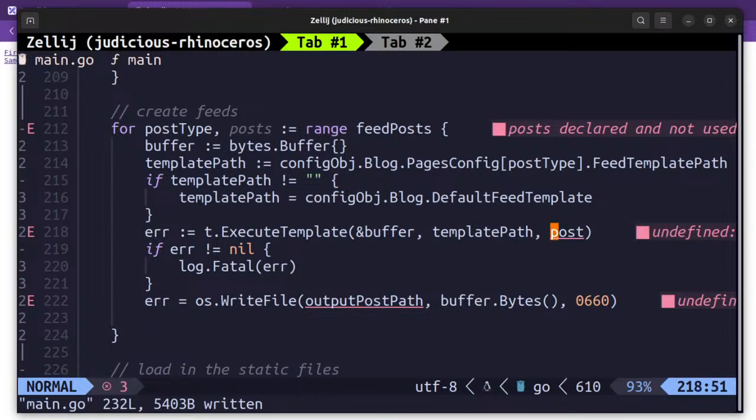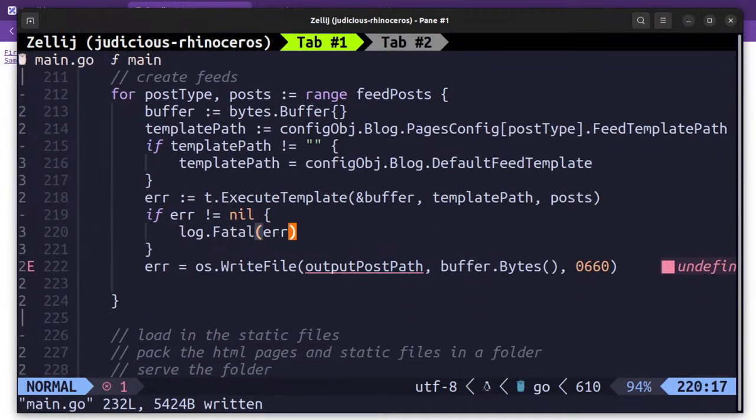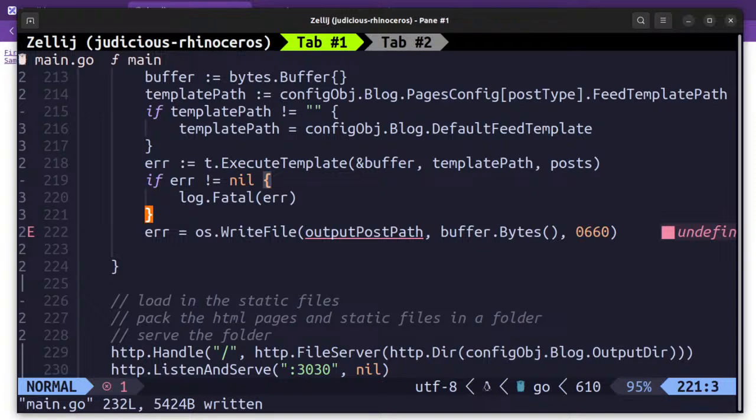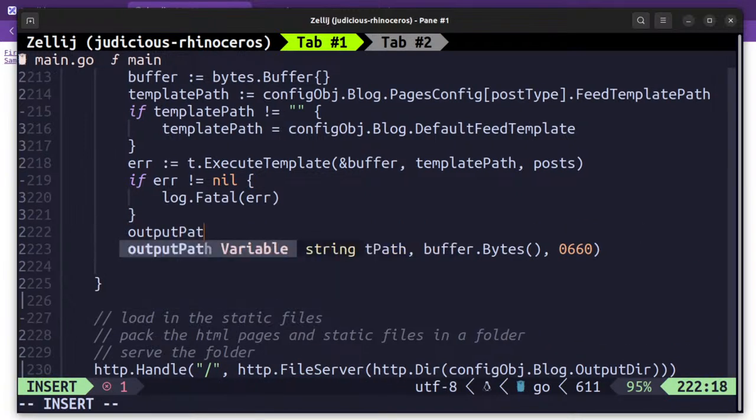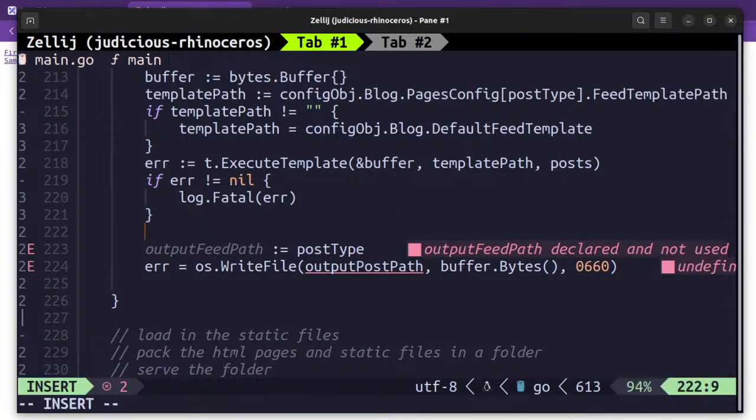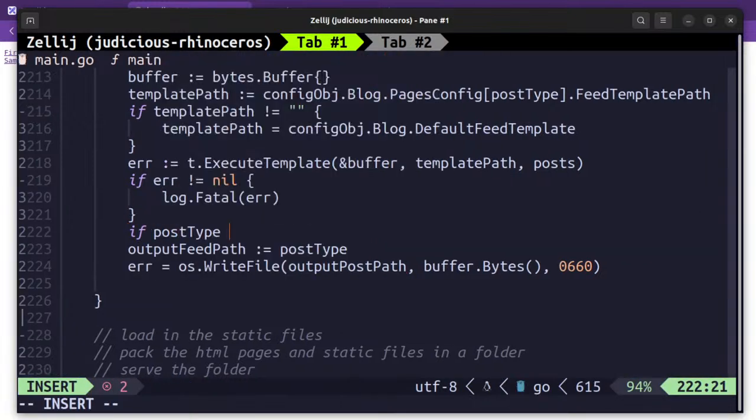Okay, execute template post. That will be a list of this and output post path. Yeah, output path, that will be set based on what posts do we have. So we can set it to post type for now. Let's say post type is post, then